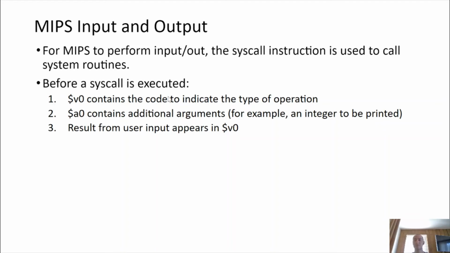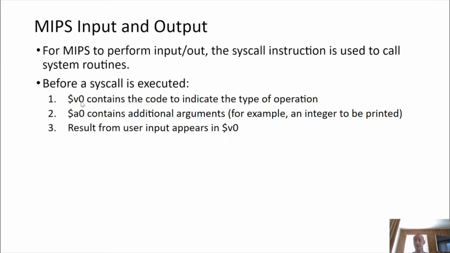There are a few commands for input and output. So if you've seen, for example, in C++, you have std in and std out. So in MIPS, you basically have a series of signals that you put in v0. So you have a number, basically. It's an integer. So let's say 1 does something, 2 does something. Every number has a different definition, a different signal, and you basically put that in v0,